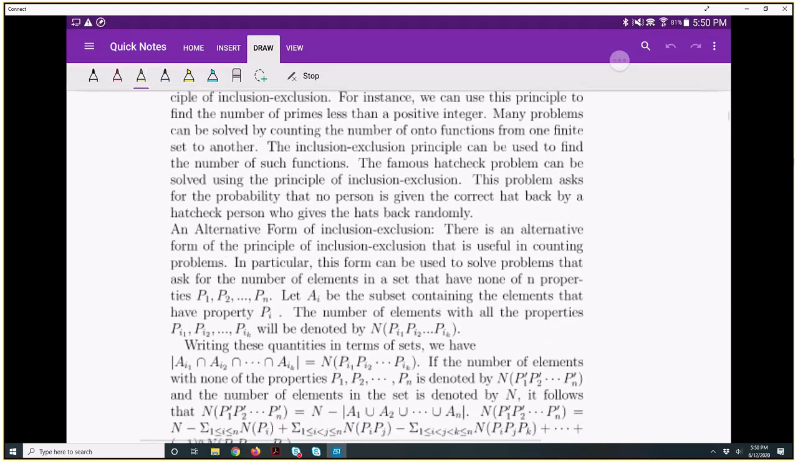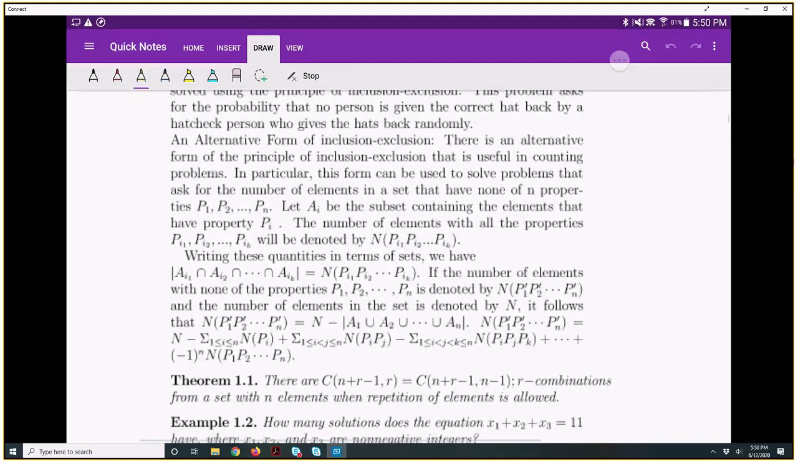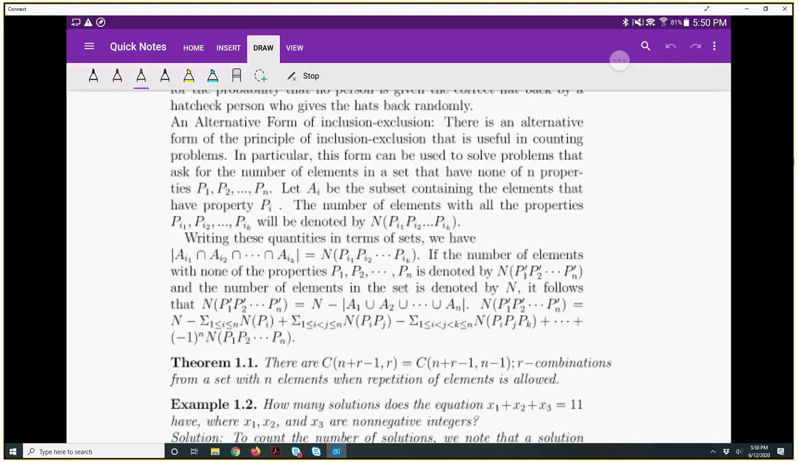In this lecture, we're going to focus on an alternate form of inclusion-exclusion that is useful in many applications of counting problems. In particular, this form can be used to solve problems that ask for the number of elements in a set that have none of n properties. So if we list the properties P1 through Pn, and we want to find all of the elements in a set that have none of these properties,